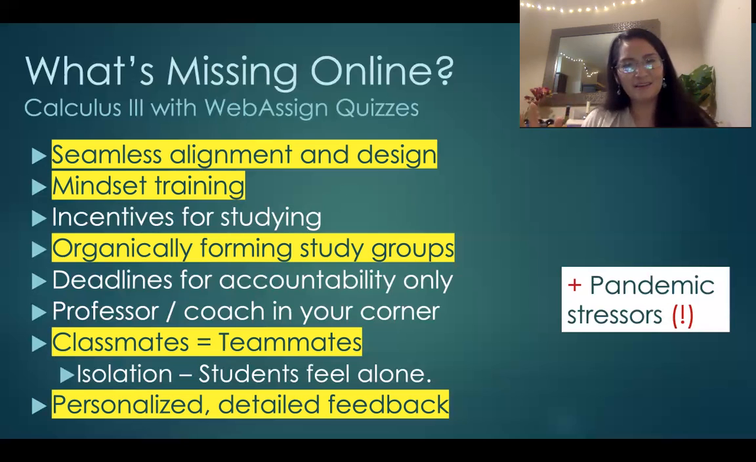They can forget that I'm there. Even though I send them a weekly email every week, it's very easy to feel isolated. And they are missing out on the personalized, detailed feedback that they would have gotten on a paper-based quiz. And I think that that's huge. The lack of the personalized, detailed feedback and the lack of the organically forming study groups and the mindset training with your professor/coach, the seamless alignment, like I'm going to say everything that I'm doing about the online Calculus 3